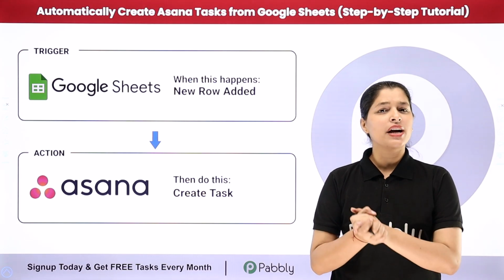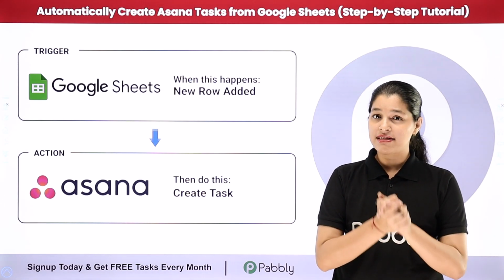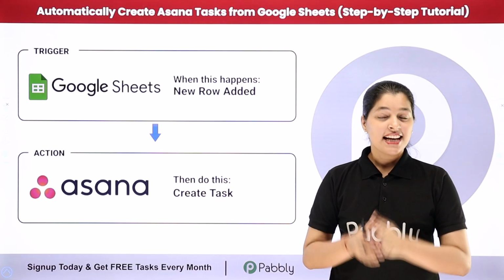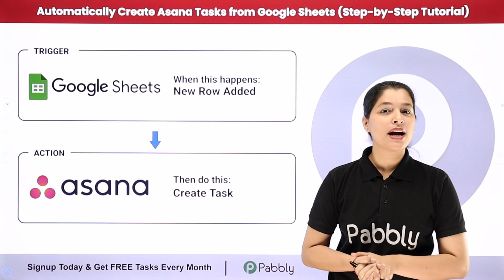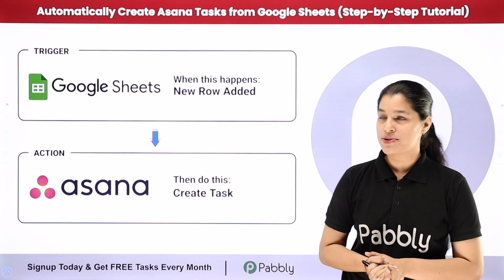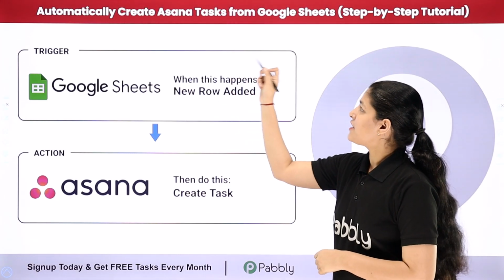What if every new entry in Google Sheet could automatically turn into an actionable task? Yes, it's possible by using Pabbly Connect. So hello everyone, welcome to Pabbly, and in today's video we are going to learn how to automatically create Asana